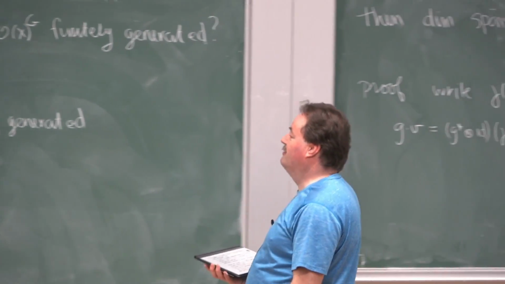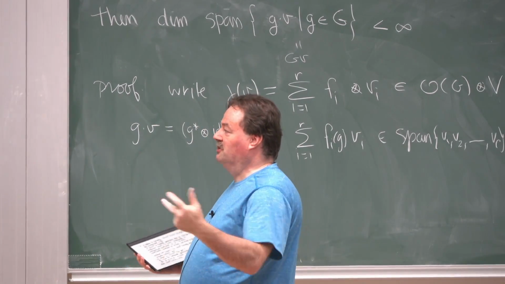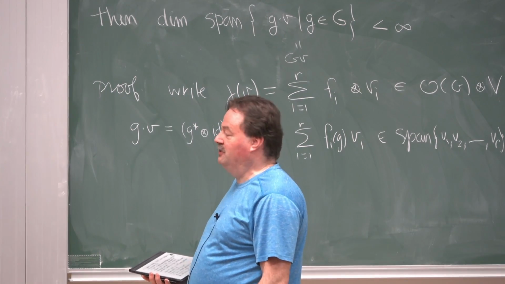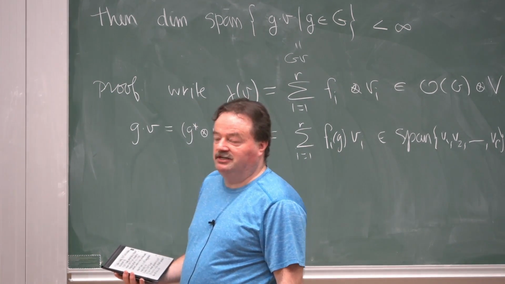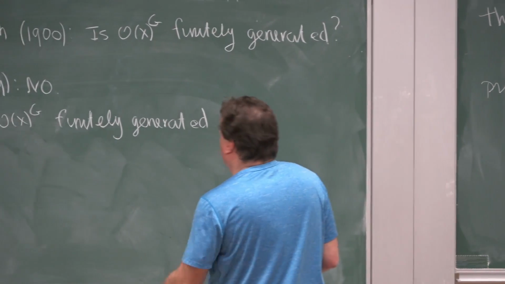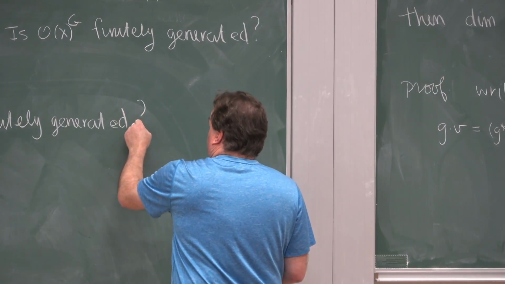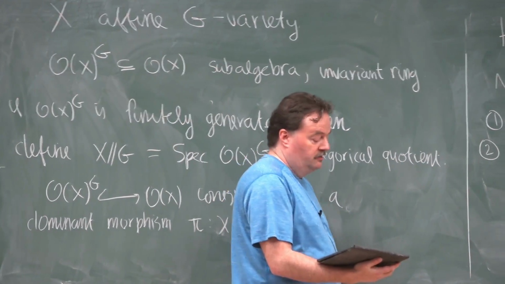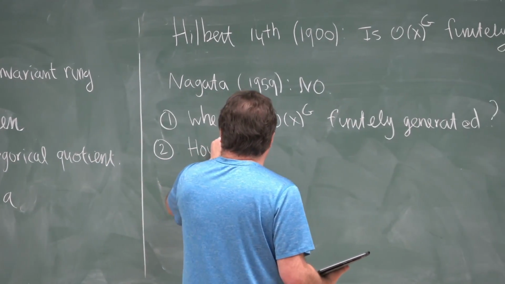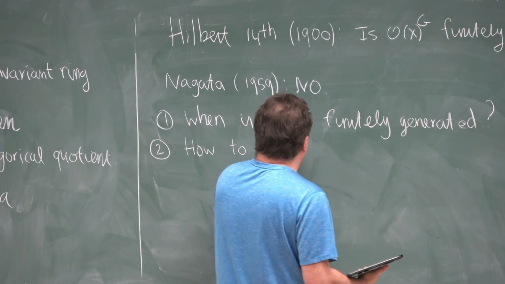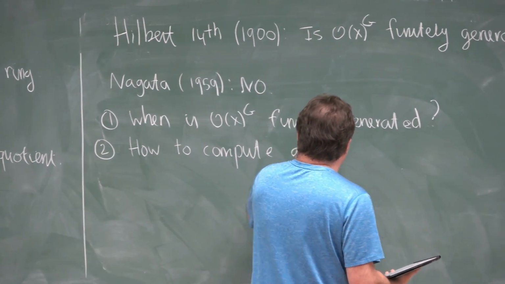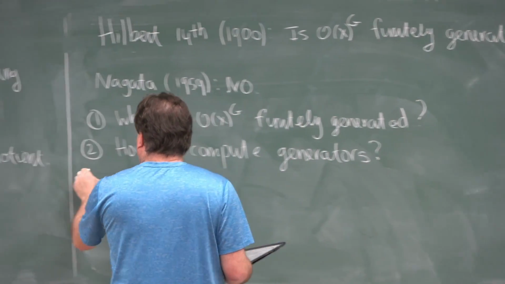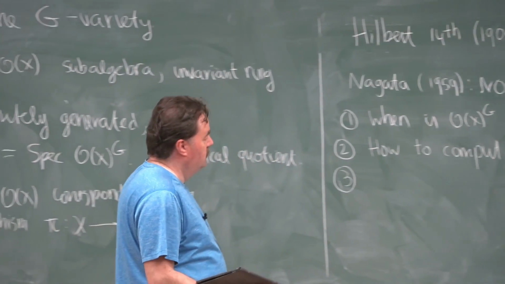And by now you know that if G is a reductive group, then this is finitely generated. There may be some cases outside of that where you can also say that it's finitely generated. But as you know, there are counterexamples. But certainly, if it is finitely generated, then the question is how to compute generators. And the third question is,